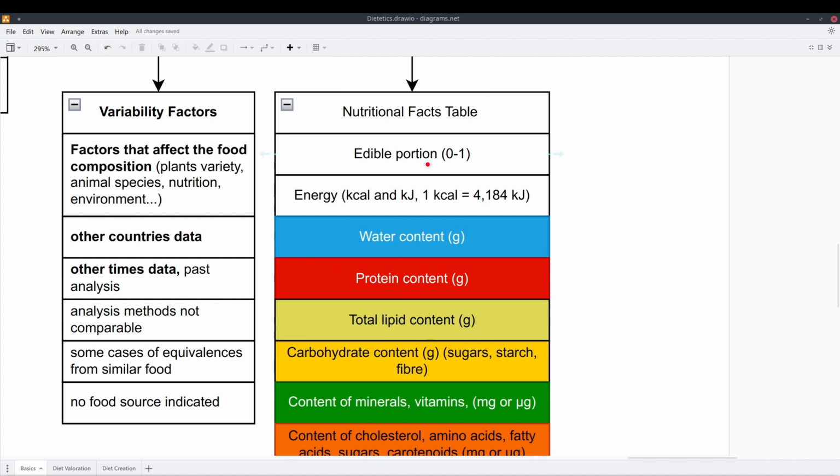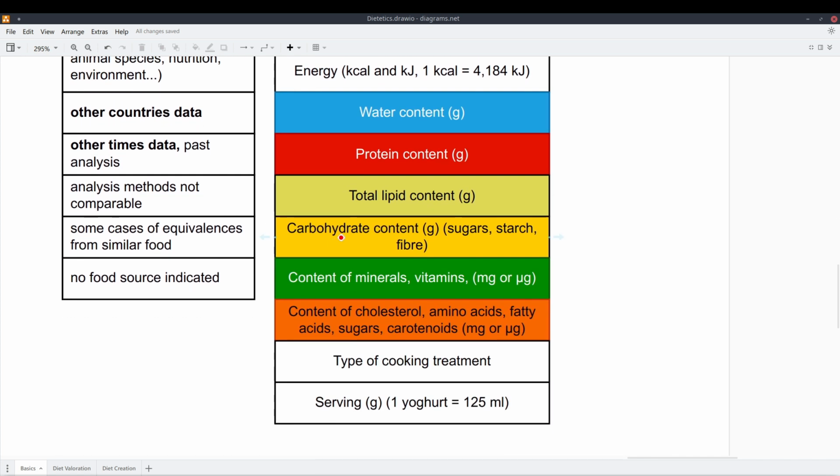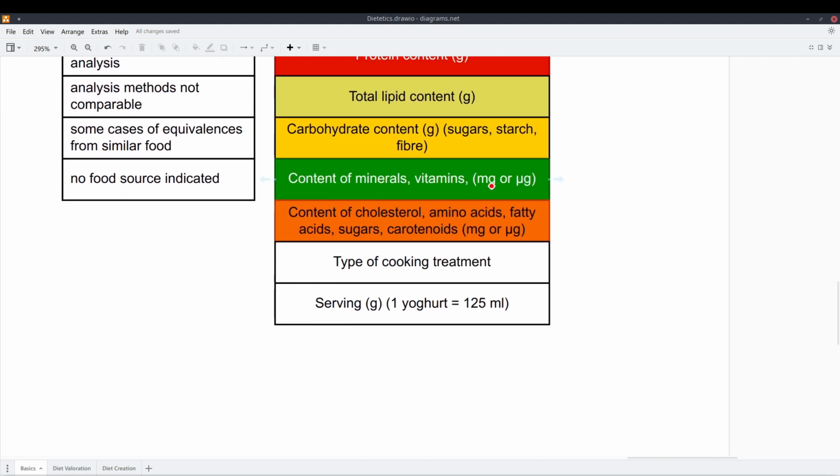The edible portion from 0 to 1. An example would be a pineapple. You don't eat the whole pineapple, or at least you shouldn't, but the edible portion should be around 0.55, 0.60. The energy it provides, water content, protein content, total lipid content, the fat, carbohydrate content with sugar, starch and fiber, the content of minerals, vitamins expressed in milligrams or micrograms, the content of cholesterol, amino acids, fatty acids, sugars, carotenoids,